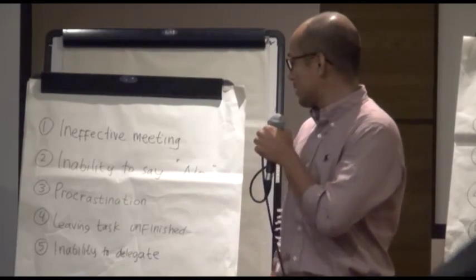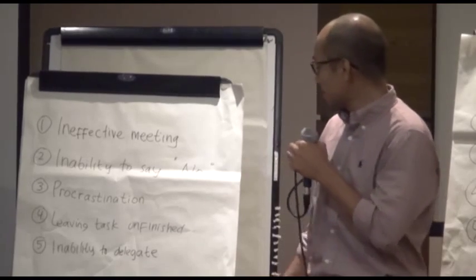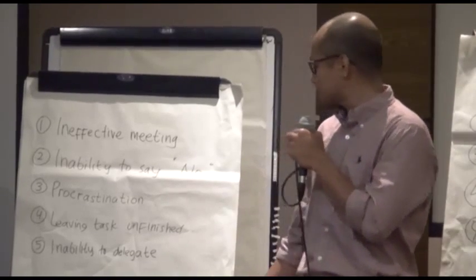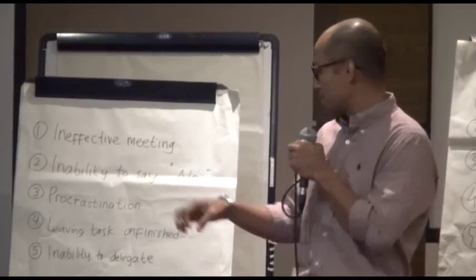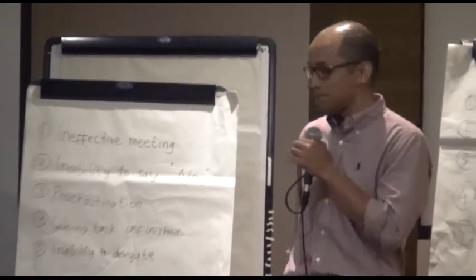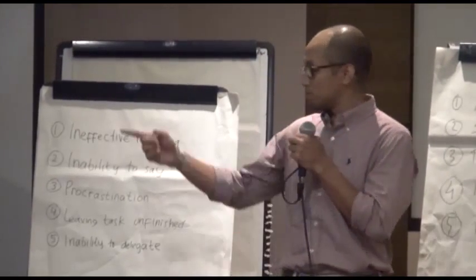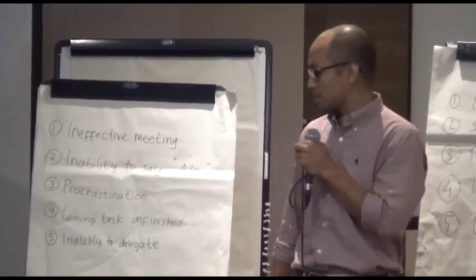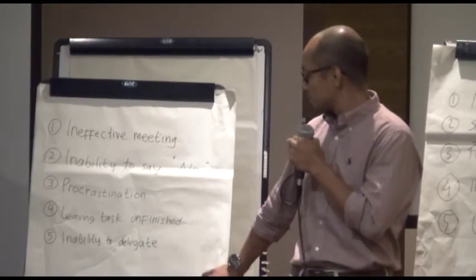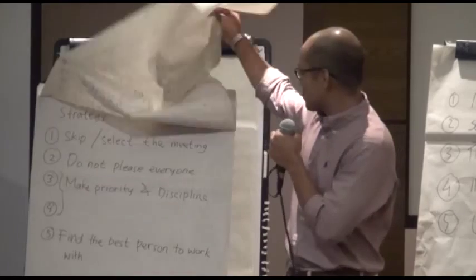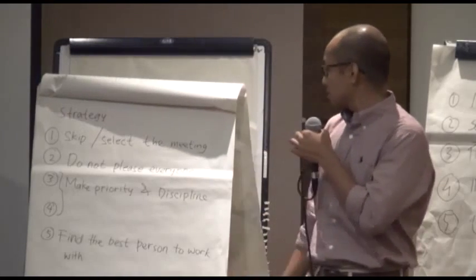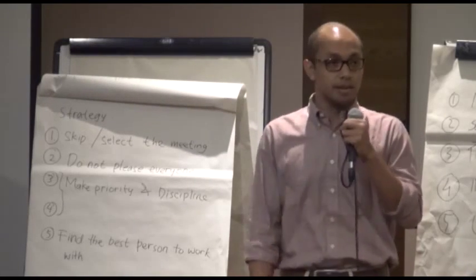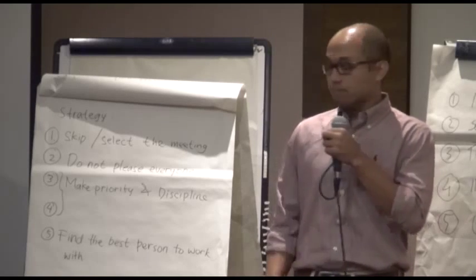So inability to say no and procrastination, leaving tasks unfinished, so we always jump from one task to another, and then inability to delegate, because probably the same, we didn't trust, or lack of trust to someone else. So the strategy, the first one is skip or select the meeting, and we have to be more